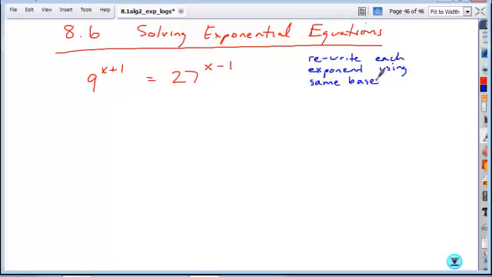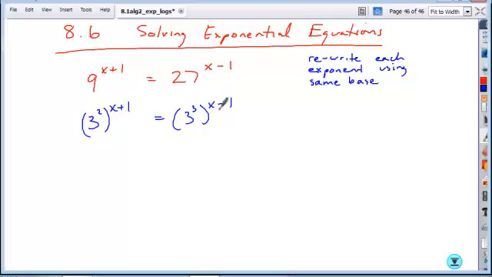Okay, so when you look at the bases 9 and 27, what can you rewrite each of them as? What's the base that you can use to express each of those? 3, right? Because 9 is 3 what? Okay, so if you think of 9 as 3 squared to the x plus 1, and you think of 27 as 3 what? Cubed to the x minus 1,